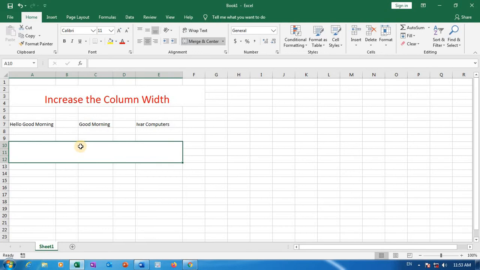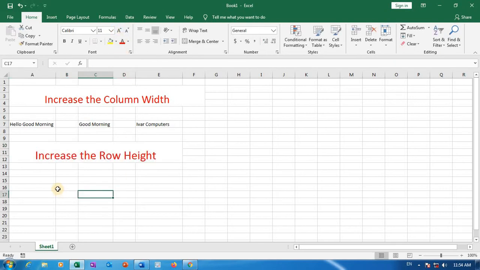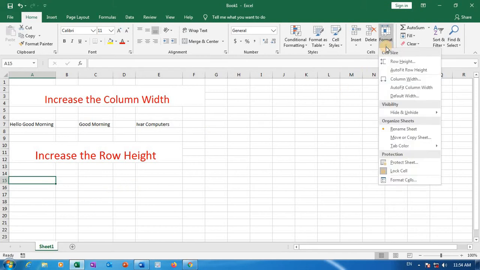How to increase the row height? In that case, just go to the format menu.